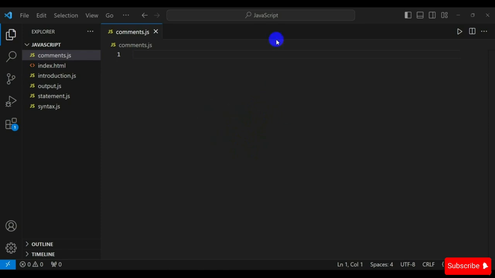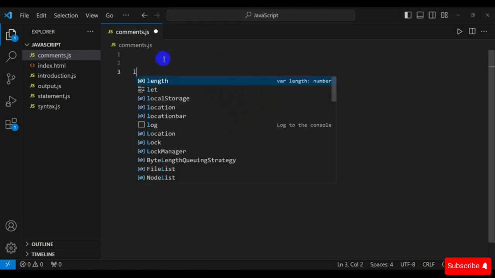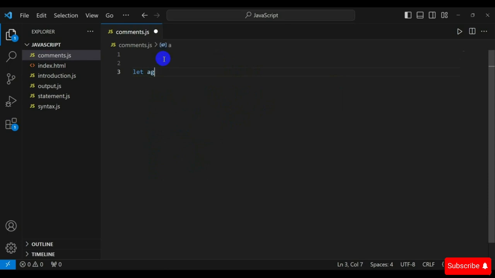So first, comments are of two types: single line comments and multi-line comments. First we discuss single line comments, the simplest form of comments, perfect for short explanations. So now I am creating a single line comment. Let's start: first create let, and